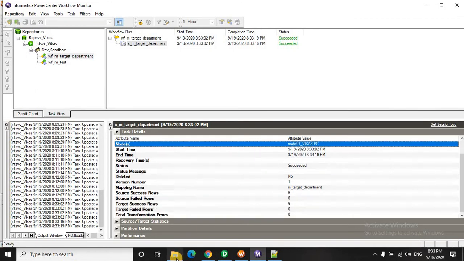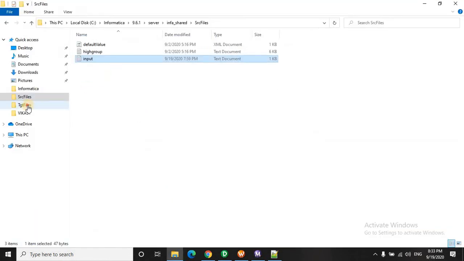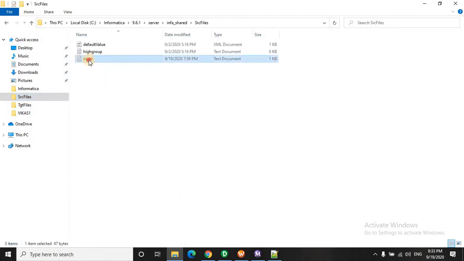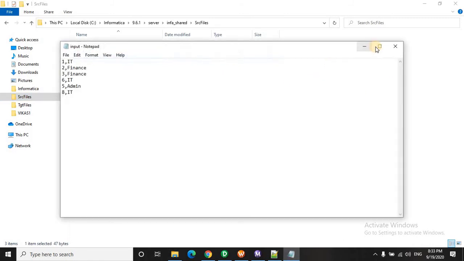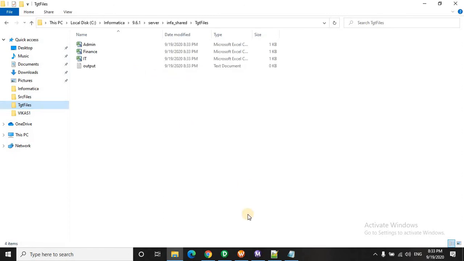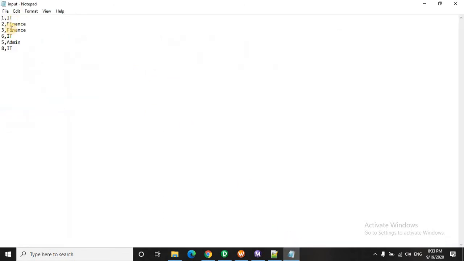It is succeeded. Let's go in the target and check. Let's quickly open the input file and check the data that the target is generated accordingly or not. So we have 1, 6 and 8 in the IT group.